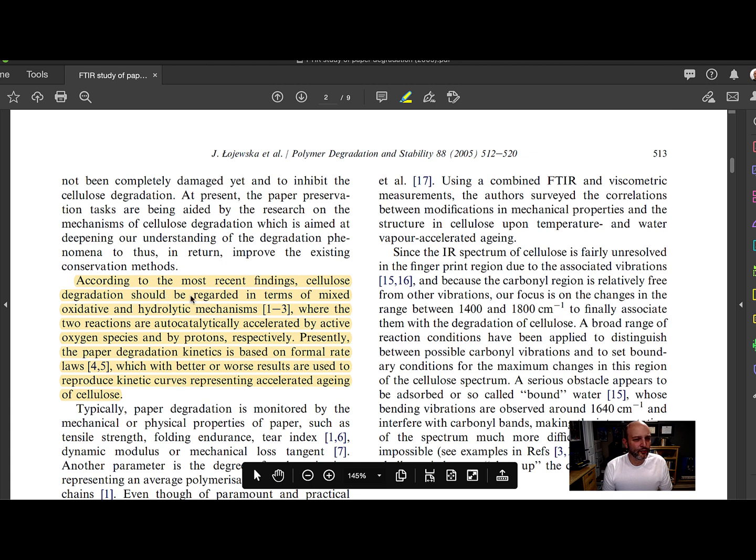This reads, according to the most recent findings, cellulose degradation should be regarded in terms of mixed oxidative and hydrolytic mechanisms, which they give some reference down here. And we already talked about oxidative and hydrolytic mechanisms a few minutes ago, where the two reactions are autocatalytically accelerated by active oxygen species. So we have to have air. If there's no air in it, it's not going to happen. And by protons, which is the presence of the sulfuric acid, in our case, from the alum